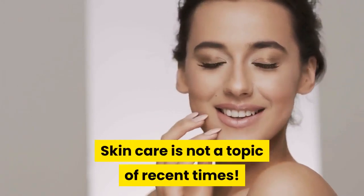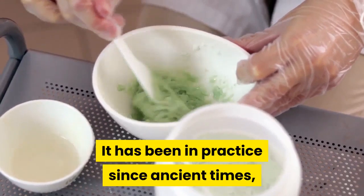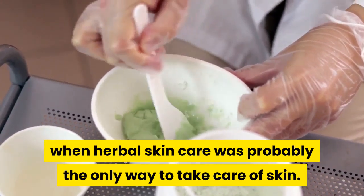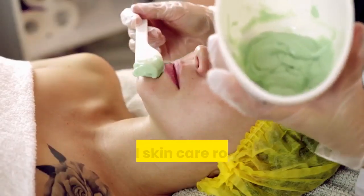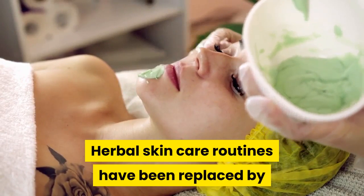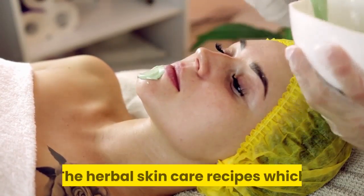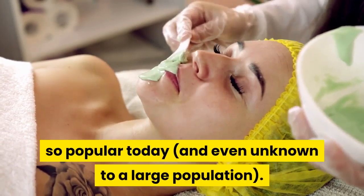Skin care is not a topic of recent times. It has been in practice since ancient times, when herbal skin care was probably the only way to take care of skin. However, skin care has transformed in a big way. Herbal skin care routines have been replaced by synthetic, chemical-based skin care routines. The herbal skin care recipes which once used to be commonplace are not so popular today and even unknown to